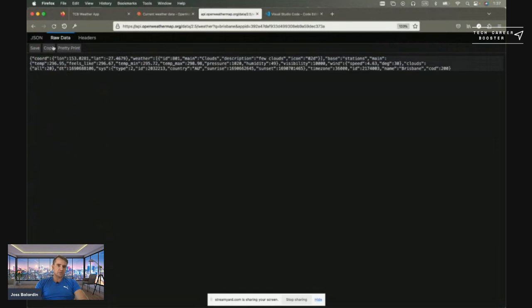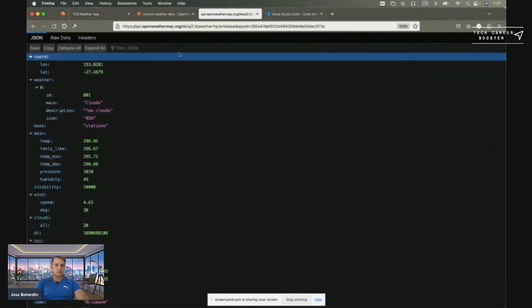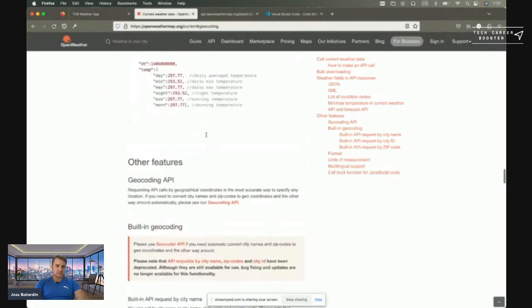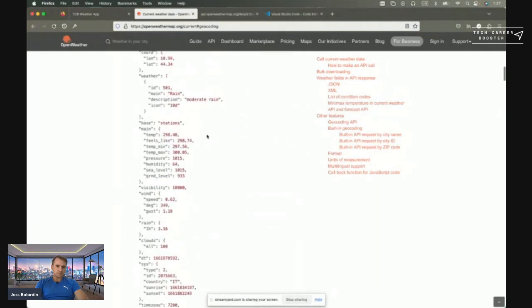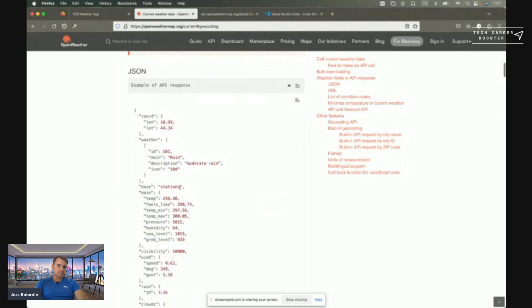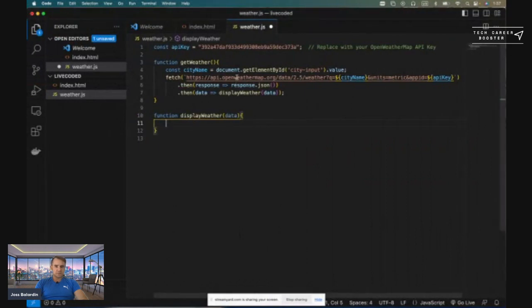That's what it's bringing from the API. And you can see that in their documentation, that's exactly what's expected. So we are expecting a JSON like this. And that's what we can see if we test in our browser. And that's exactly what we are going to be expecting from calling this data. And it's going to come as an object for this data variable here. So what we have to do first, we have to extract that in different variables so we can put it in